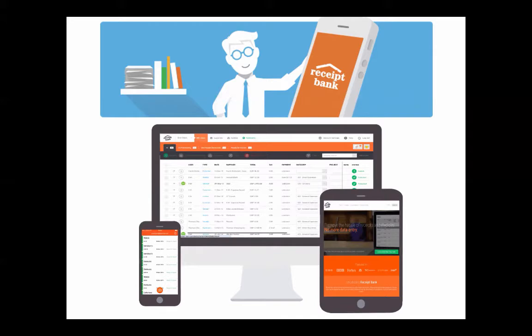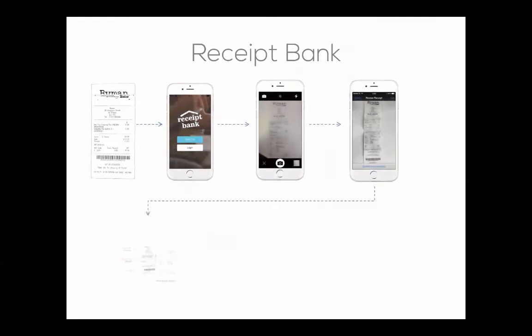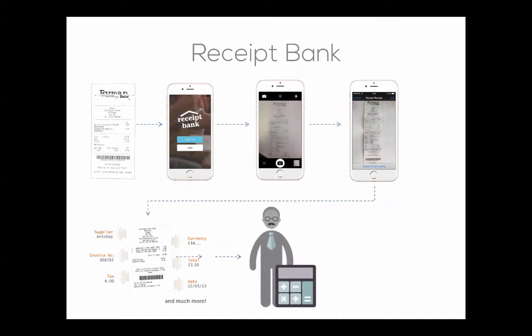In recent years, it allows you to get rid of the clutter. You can manage all your expenses and eliminate data entry. It's very simple to use. There's a mobile app that goes with it, but basically, at the end of the day, you're taking a picture and sending it up to Receipt Bank. Receipt Bank will pull the information from that, and it seamlessly goes over to QuickBooks, and everything's done.